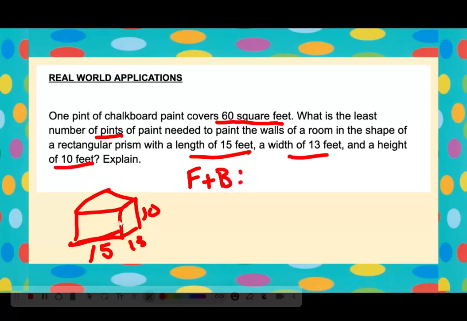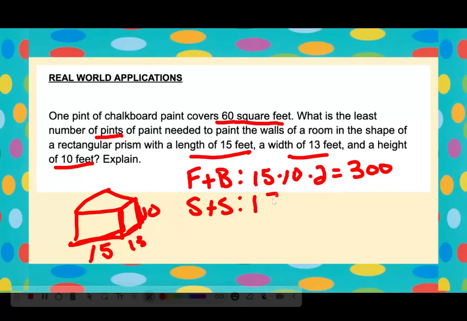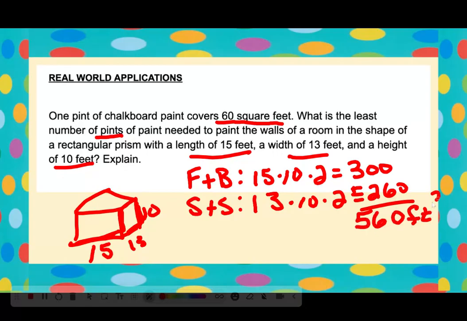So the front wall is 15 times 10. And the back wall is the same. So we're going to multiply that by 2. So 15 times 10 times 2 is 300. And then we have our two sides. Okay, so 13 times 10 times 2. So 13 times 10 is 130. 130 times 2 is 260. Okay, we're going to add up those numbers. 560 square feet, or feet squared,